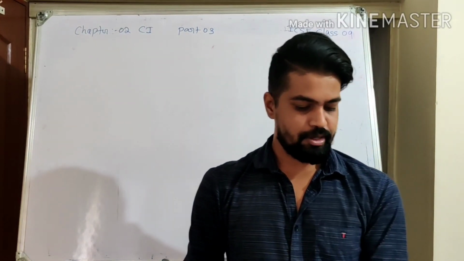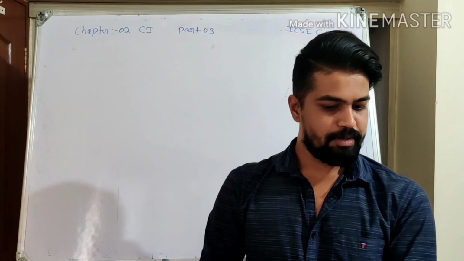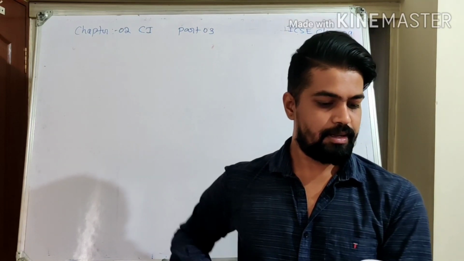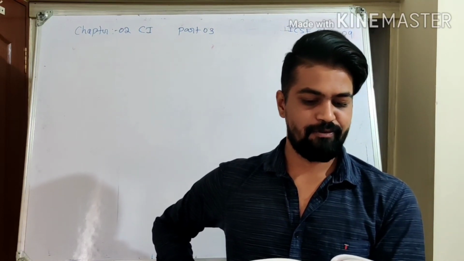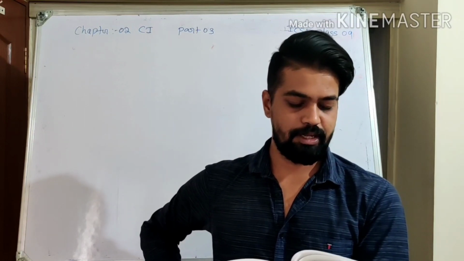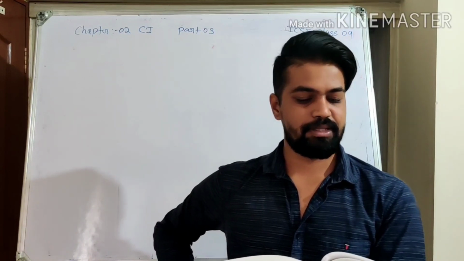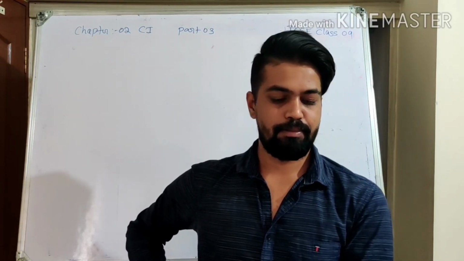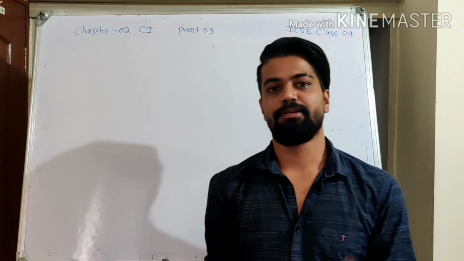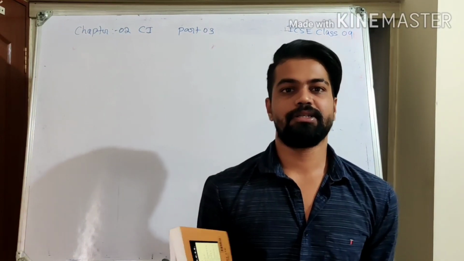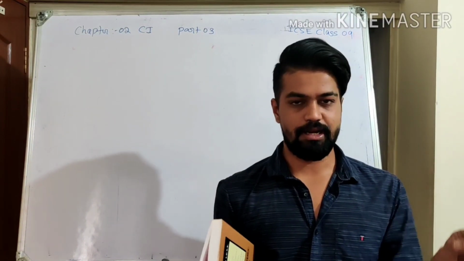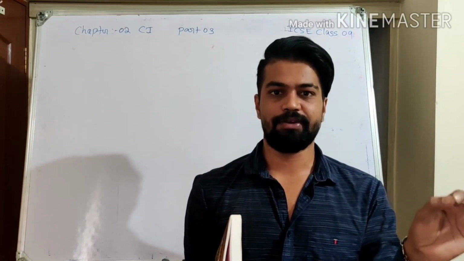So now we are talking about question number 9. On a certain sum of money invested at the rate of 5% per annum compounded annually, the difference between the interest for the first year and the interest for the second year is 61.5. Find the sum. So here the sum is not given. So as it is a percentage question, we will assume the sum as 100 and we will see what is the difference we are getting.